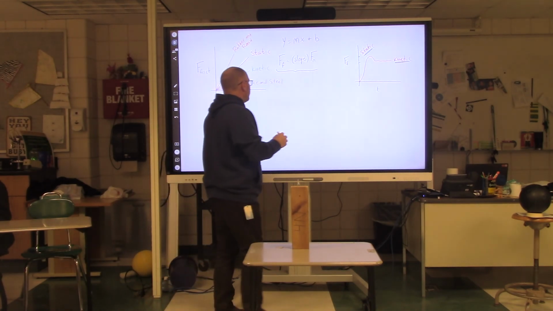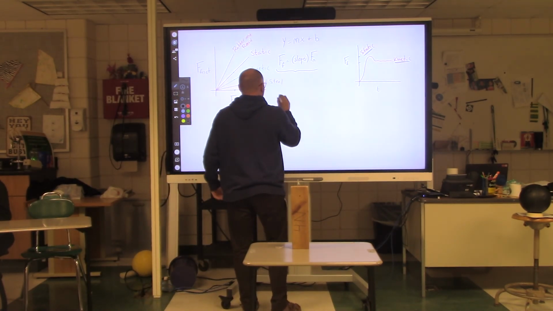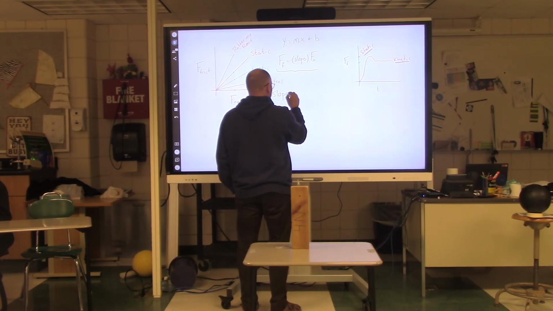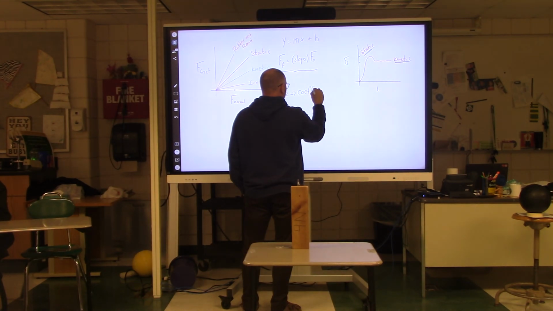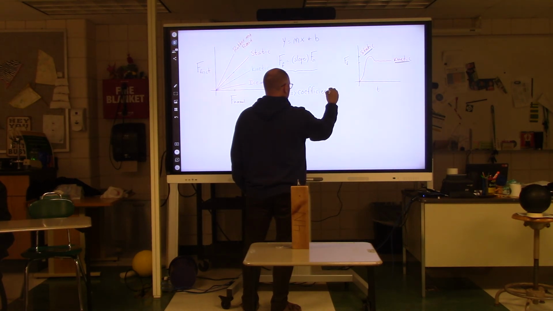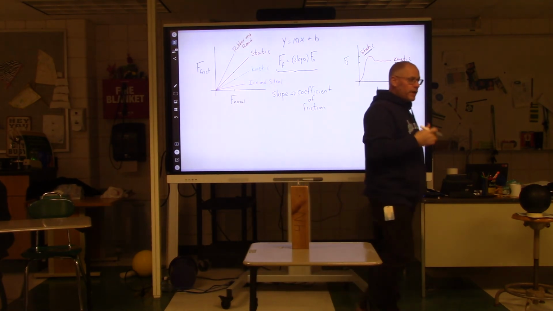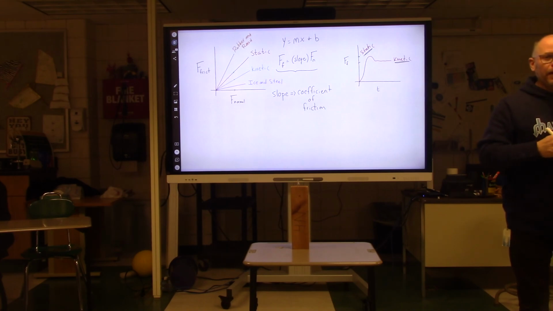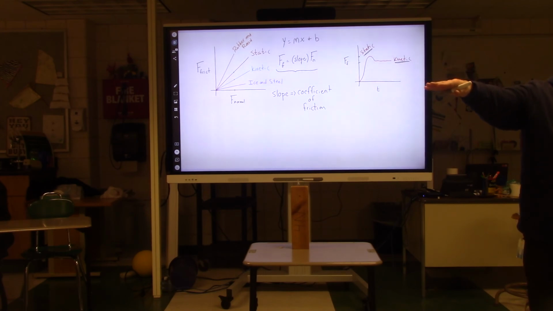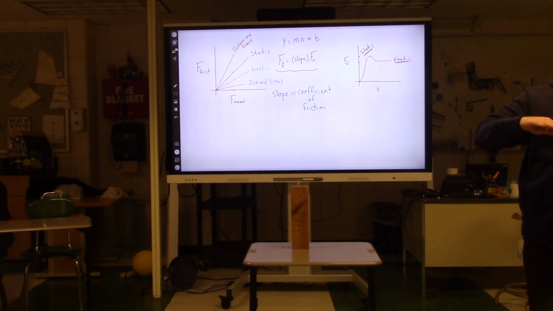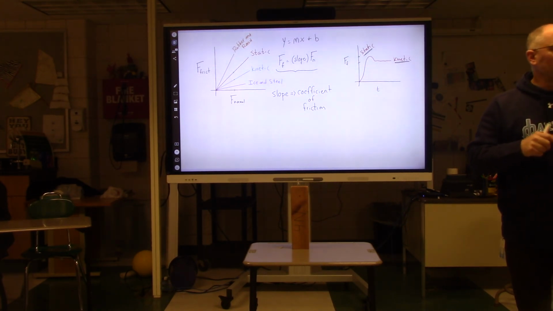So here's where we are. The slope here is what we call the coefficient of friction, and it is experimentally determined by two different surfaces. So if you did the wood and the table, you would have gotten a different slope value than if you did the felt and the table. Does that make sense? So your slope is determined by